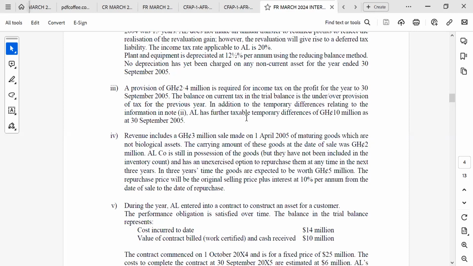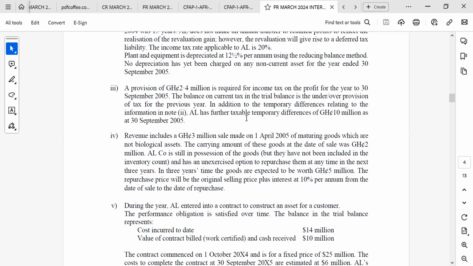The inventories are still with you. There is no way you should write it off as what? As revenue. So what we do now is that we are going to be reversing the 3 million as revenue and also reversing the 2 million as what? As the cost of sales. So it means that we'll be reversing the 1 million because we are making a profit of 1 million. We should subtract the 3 million and add the 2 million. In effect, we are subtracting